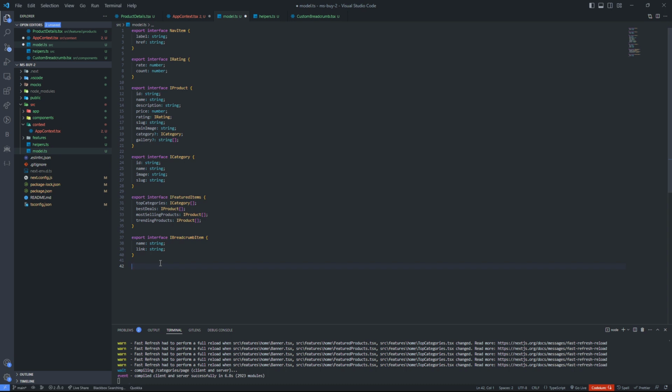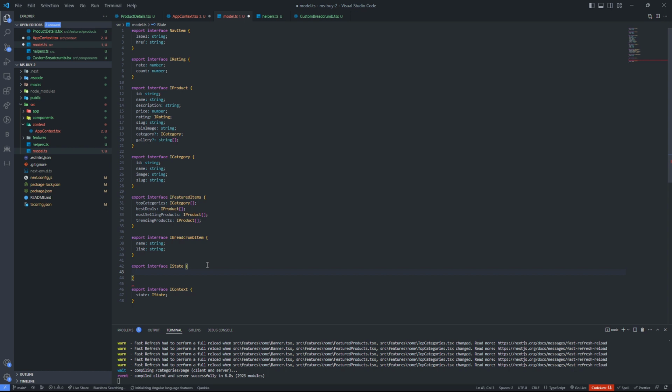So when I come down here, I'm going to say export interface iContext, and it is going to contain a state which is also going to come from iState like this. I've not created iState yet, so I need to create that as well. So I'll create that on top here. So iState interface, and I need to export that as well. Export interface iState,